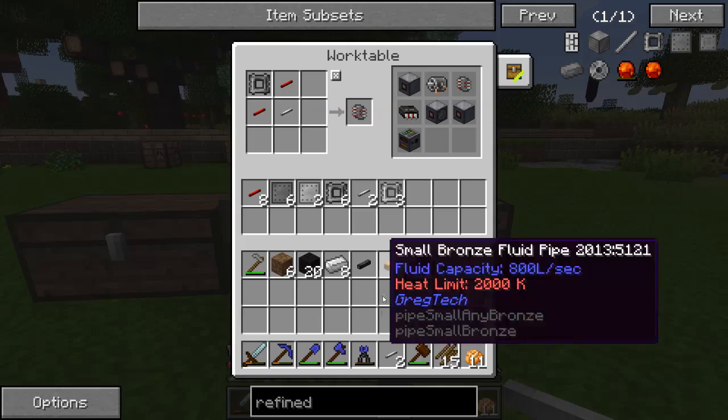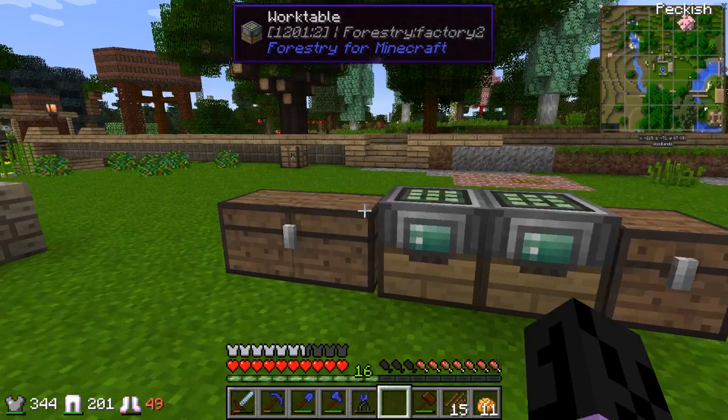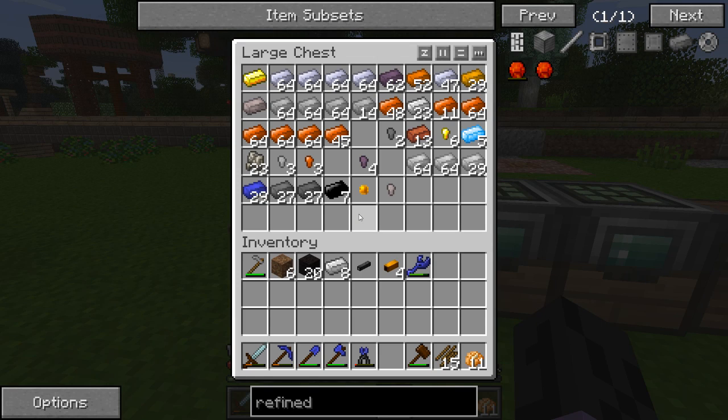Wire mill, you were the best choice. And so now we can pull out our 4 NAND chips. Alright. Now, I've got a problem. And that problem is that in